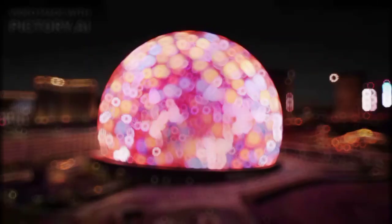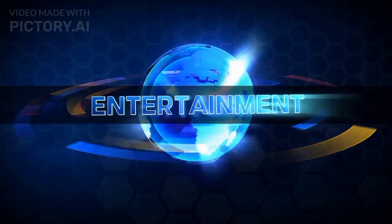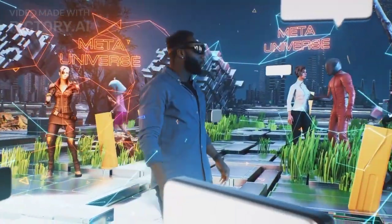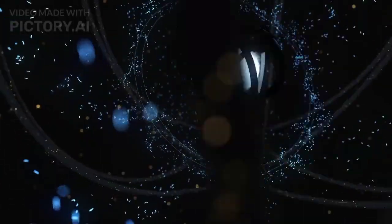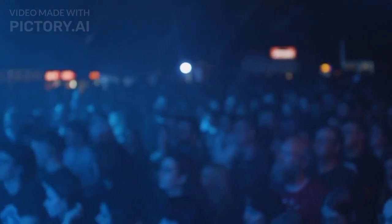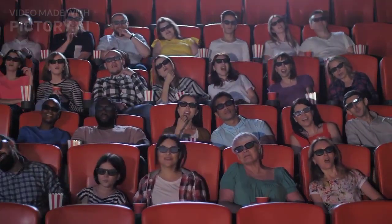and realism. The MSG Sphere is designed to host a variety of entertainment events, from music concerts to sports games to virtual reality experiences. The sphere can transform itself into any environment and create immersive sensations for the audience. For example, if you are watching a concert by your favorite artist, you can feel like you are on stage with them, surrounded by their music and fans. Or if you are watching a movie, you can feel like you are in the middle of the action, with